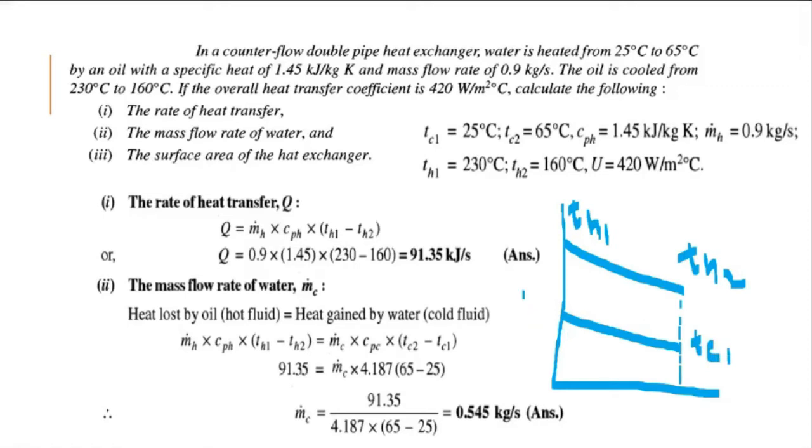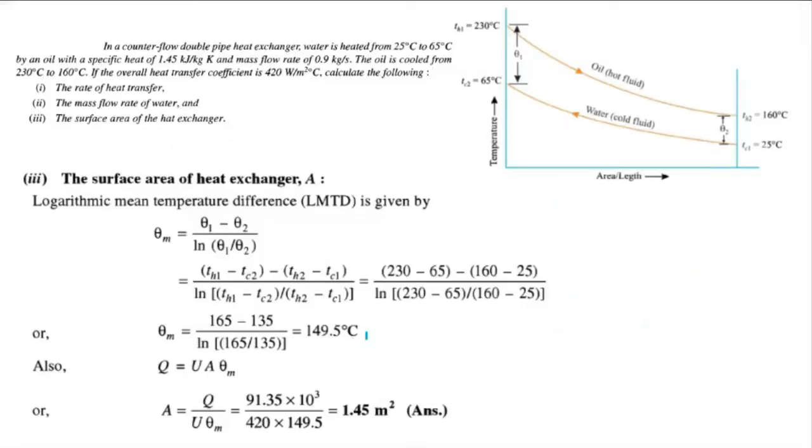149.4986. So 149.5 or 150 can be taken as the LMTD value. Yes, sir. We'll see the next slide. They are getting 149.5 as the LMTD value. We will keep our value as it is, and later we will see how to use this LMTD value. So for now, we know how to find the logarithmic mean temperature difference. Later, we will see the application of the same.